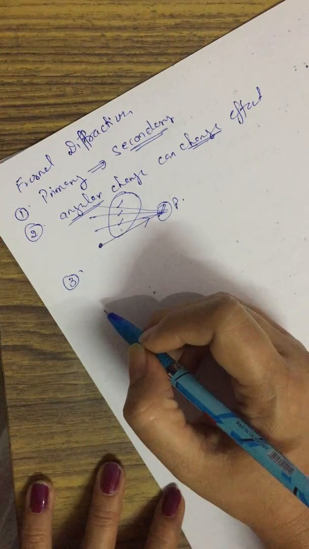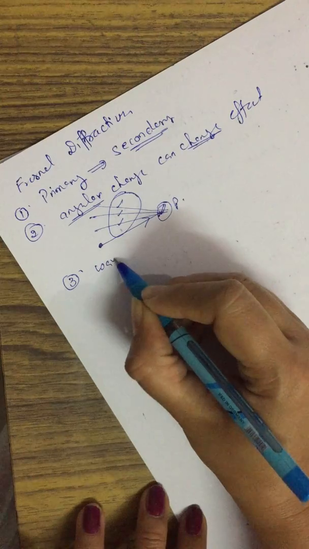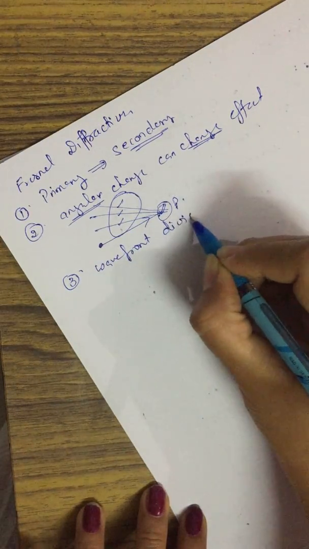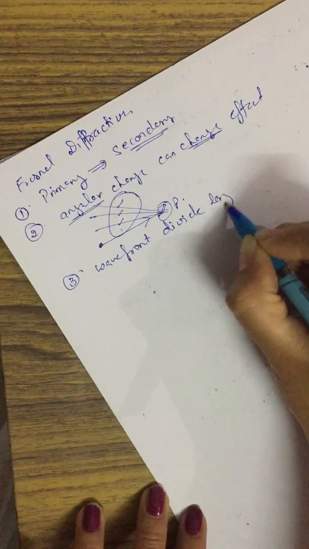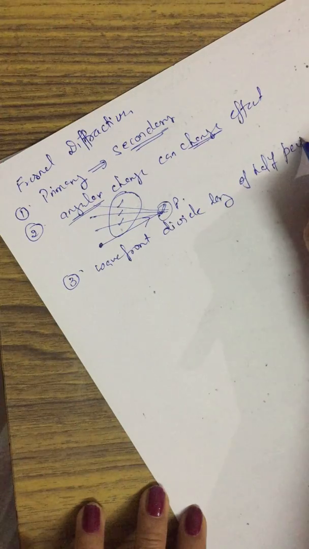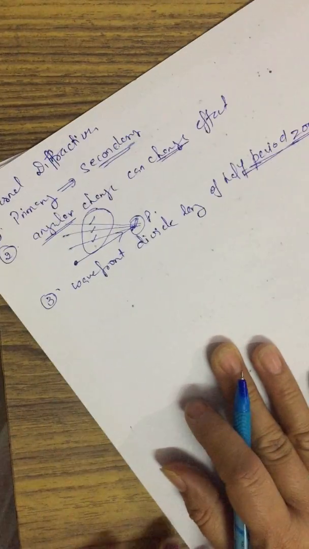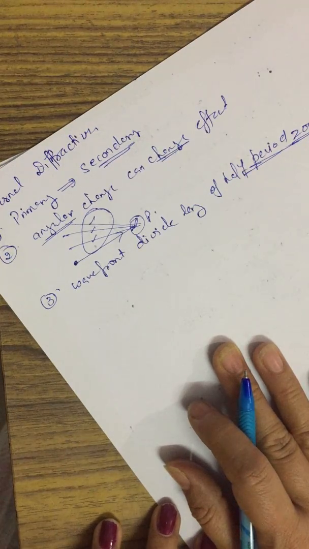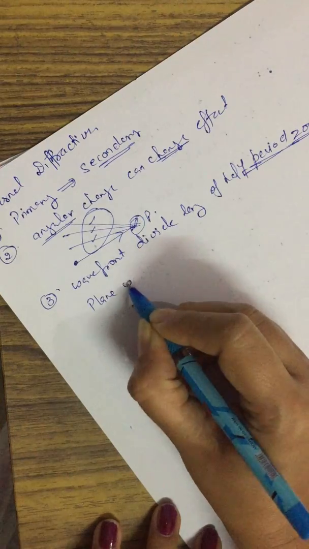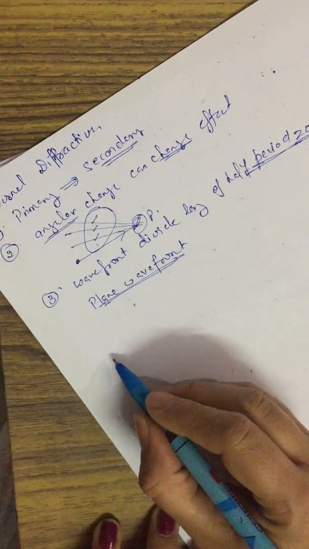Third is the wavefront is allowed to divide into a large number of half period zones. Now, what are half period zones and what are half period elements? We have discussed the plane wavefront, and in case of plane wavefront, we know that we